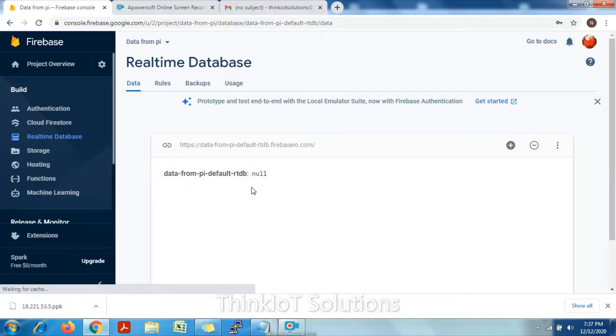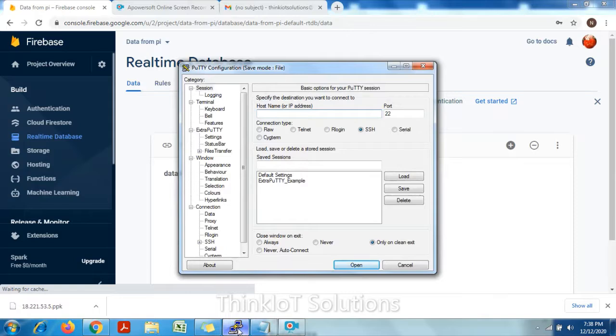Now, let us go into our AWS server, log into the AWS server, and then do the programming part. I'm using Extra Putty software here for logging into the AWS server using SSH, secured shell hosting, and my AWS server IP address is 18.222.192.13.